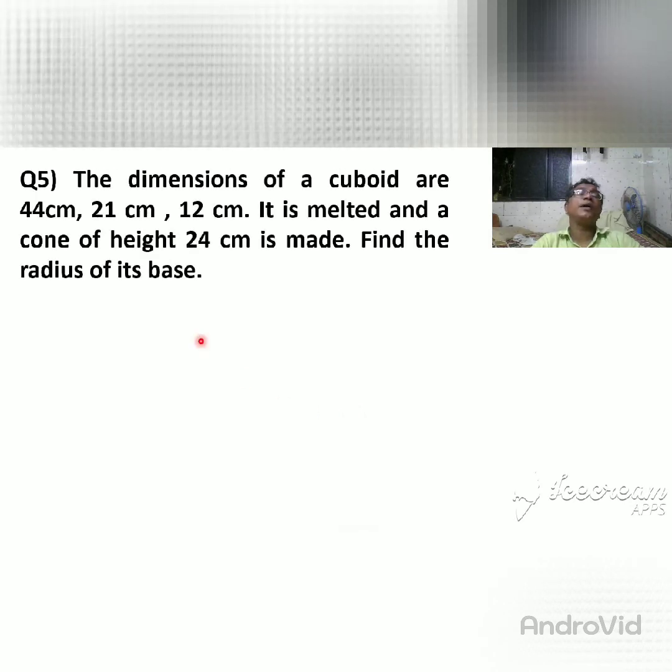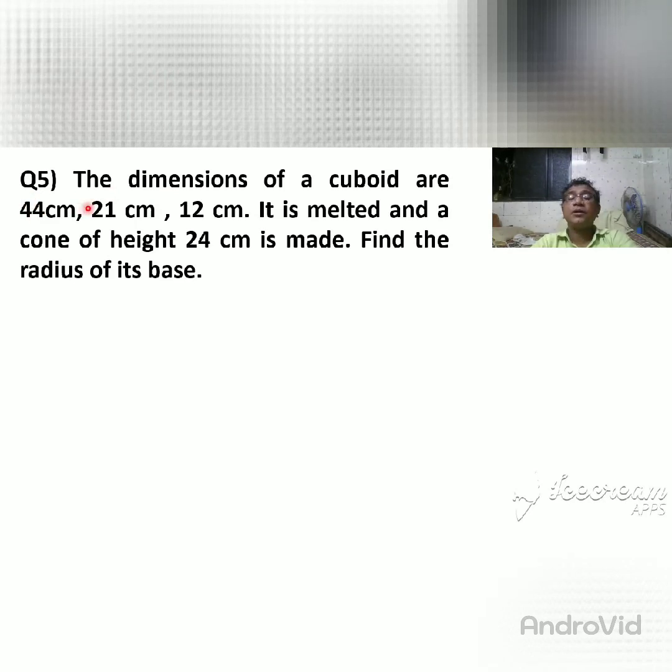Then problem number 5. The dimensions of a cuboid are 44 centimeter, 21 centimeter, 12 centimeter. It is melted and a cone of height 24 centimeter is made. Find the radius of its base. Do you understand what they have said? They have said they are having a cuboid, and that cuboid's dimensions